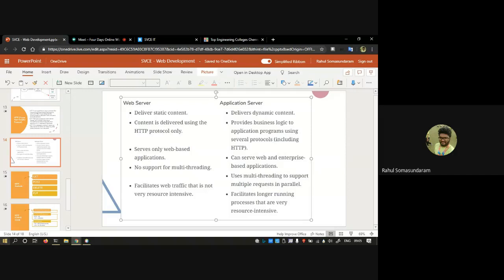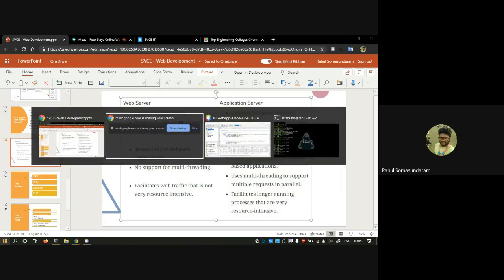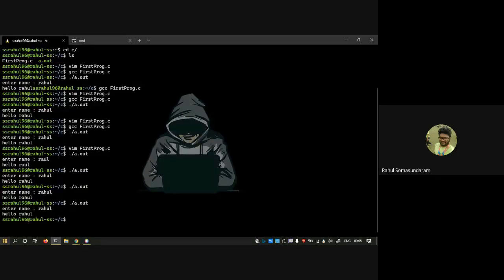I'll explain the basics. Multi-threading means, take the C program, the same C program you have been using now. Whenever you enter your name and press enter, it will be using one thread only. There will be no processing in the background. Consider you have to compute the prime numbers up to 1 lakh. If you run it in a single thread, that is in a single process, it will take more time to do.